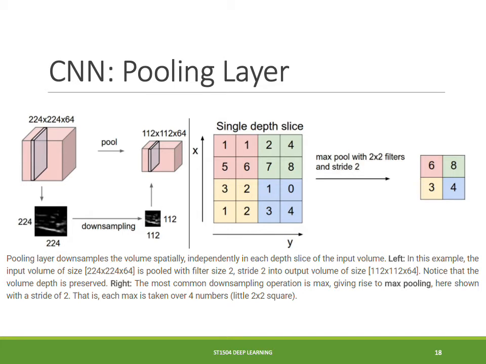So if you take a look at the diagram on the left, you see that it's a 224 by 224 pixel slice. When you downsample it by half on the width and length axis, basically it goes down to 112 by 112. And how we achieve this downsampling is that if you look at the diagram on the right,